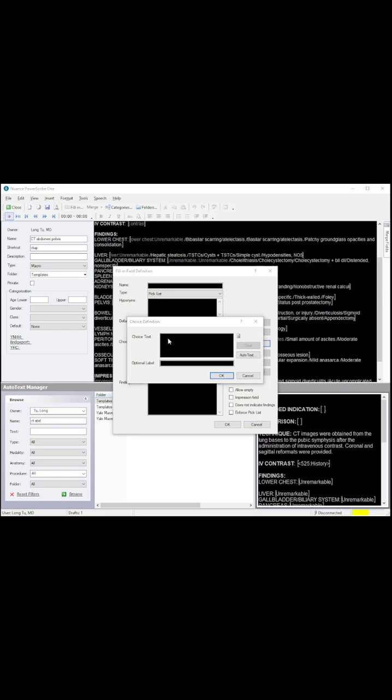So let's try. Oh, we've gotten into a freeze. One second. Oh, it's because I had the mic on the whole time. Let's try one more time. Colonic diverticulosis without evidence of acute diverticulitis, period. There you go. See,